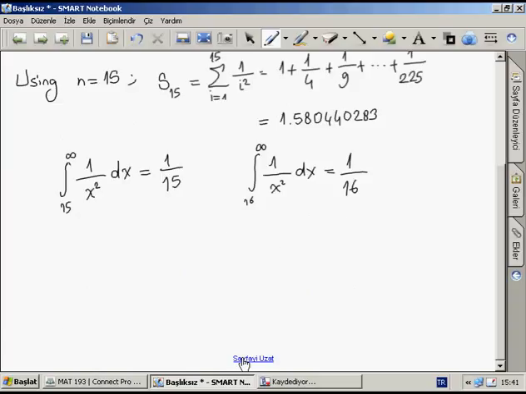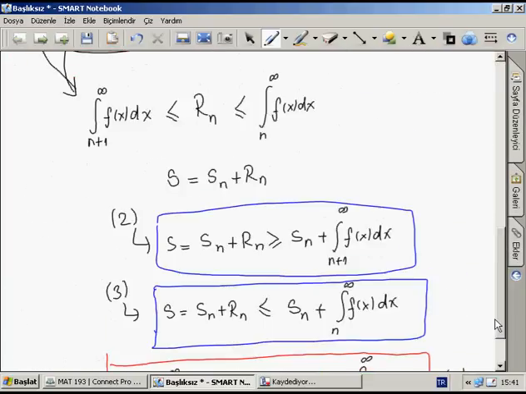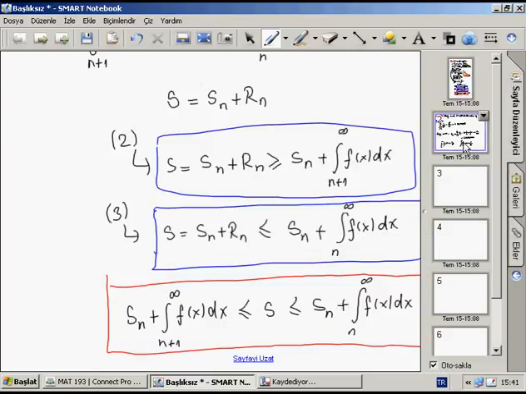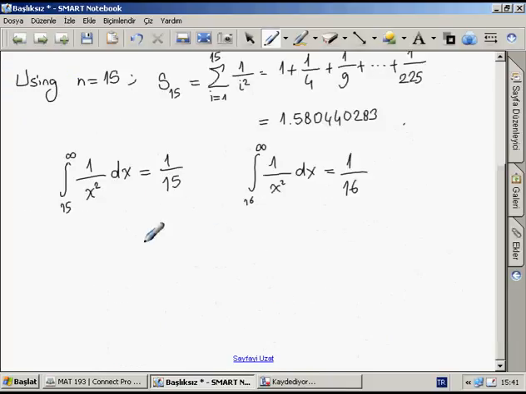Plugging this into the fourth inequality, the red one, I think, we will plug them into the fourth one. So it will give us 1.580440283 plus 1 over 16 less than or equal to s less than or equal to